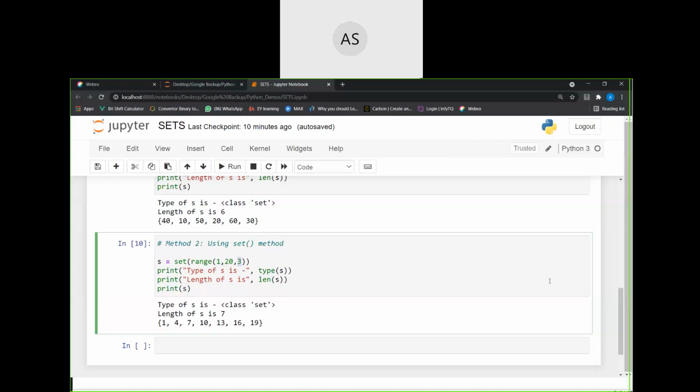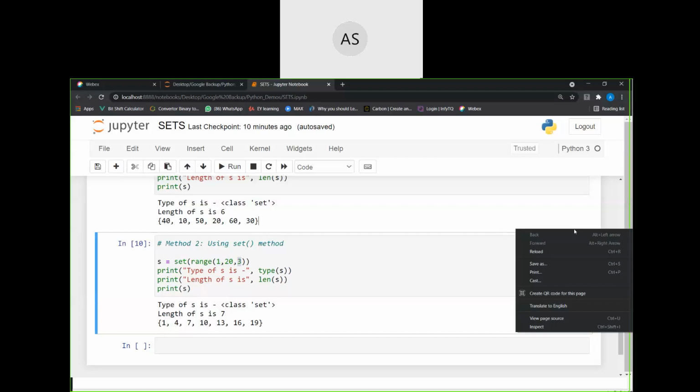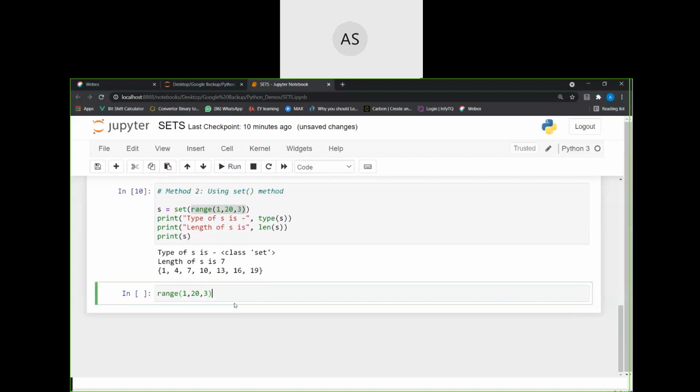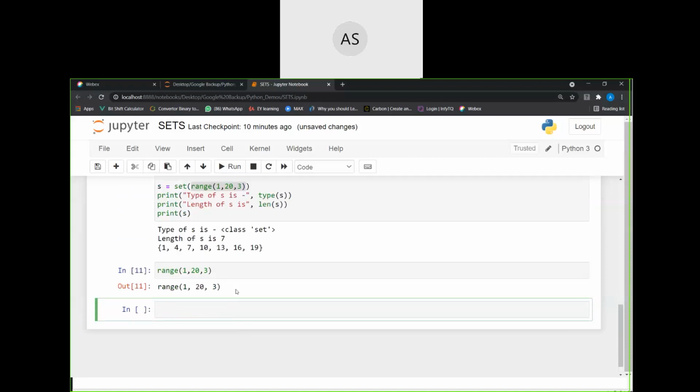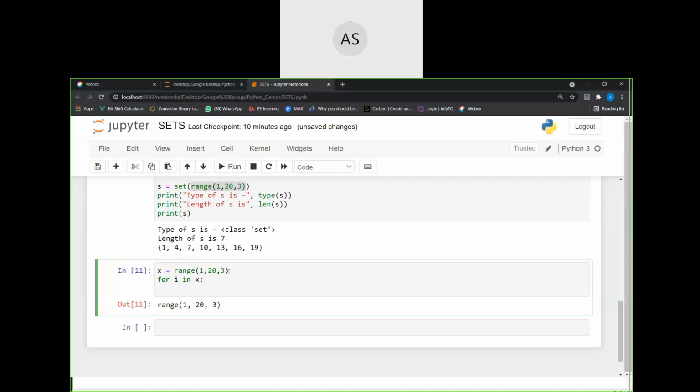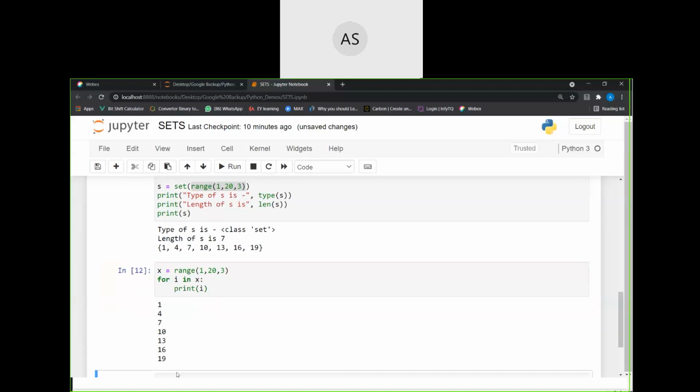Okay, so now I have to generate the numbers. Before going into this, let me just take this alone. Okay, let us try to understand this alone. So now, when I run this code, I'm going to say, let us store this in a variable. Let me say x is equal to range of. So now I'm saying for i in x, print i. Let us try to understand first how the range function is going to work for me.